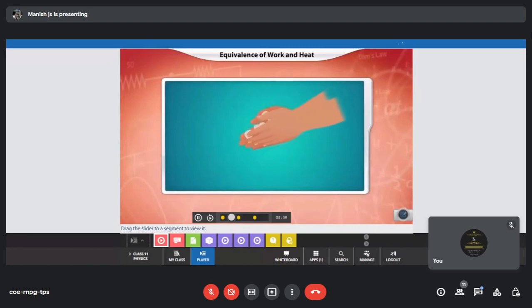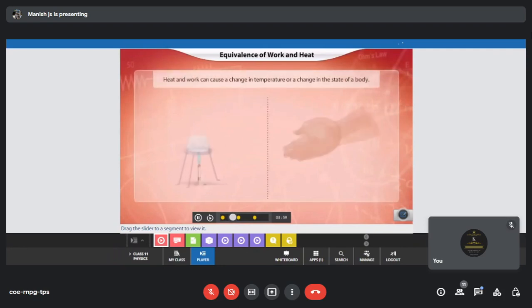Alternatively, the ice cubes will also melt if they are rubbed against each other. This means that both heat and work can cause a change in temperature or a change in the state of a body. Okay, so very, very important. Here they introduce two important terms, both work and heat. So work is...